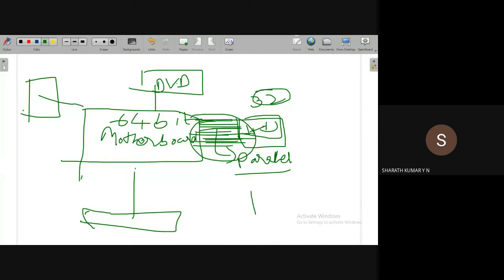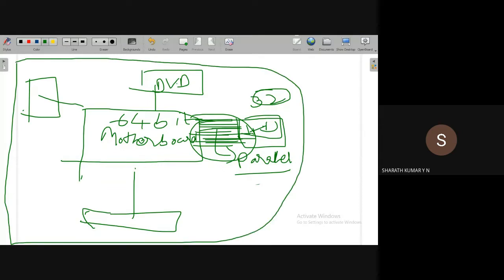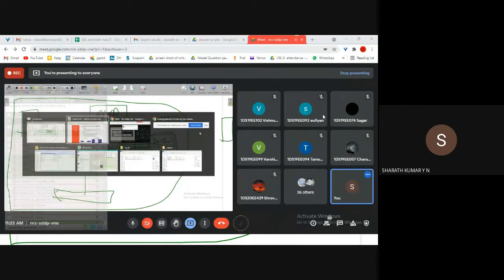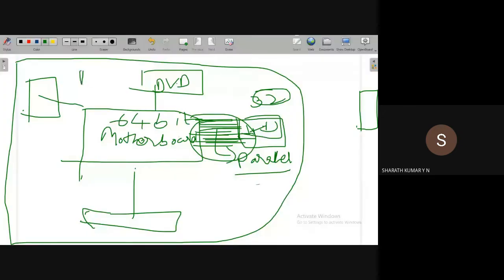Let us say one more device connected serially. For example, this is one system, and there is another system connected, another device connected. Let us say this is one PC, PC1, and there is one more PC, PC2.